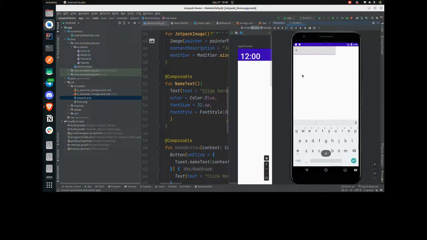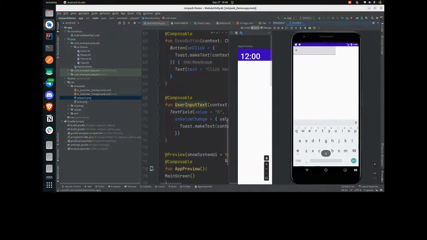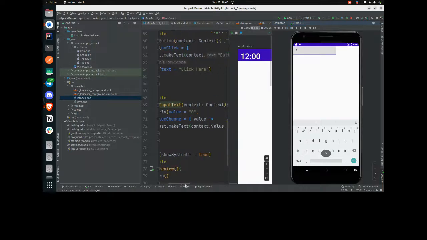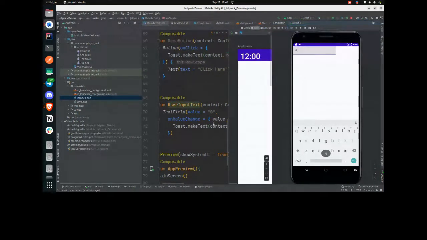So now the thing is, why is it not showing? I have written everything, what should be there, what I should use there. I have used a text field with on value changed, and what should be shown, I have given as a toast. Then why